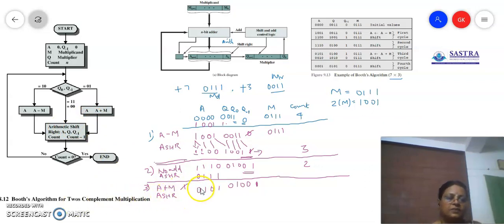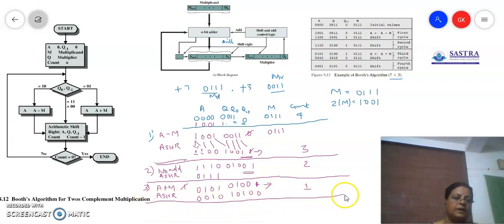So the first bit is going to be copied as it is, so you'll be writing it as 0, then shift right: 0 1 0 1 0 1 0 0, so this one will go away. So this is going to be the shifted value, and you decrement the count, so it will become 1. When it is 1, what is the answer you are having? 0 0 1 0, then 1 0 1 0, then here also 0. So this completes the next cycle. I'm just going to put a line to indicate that I have completed this task.